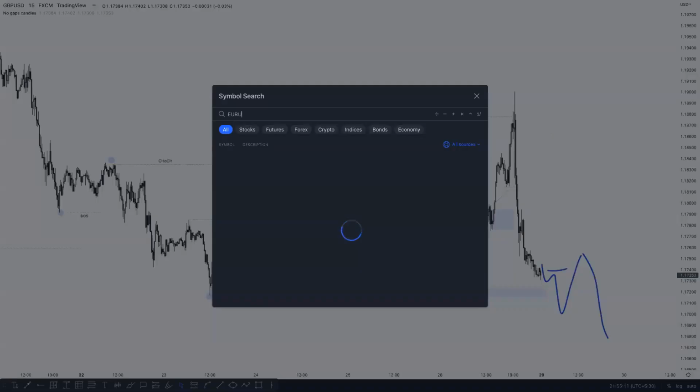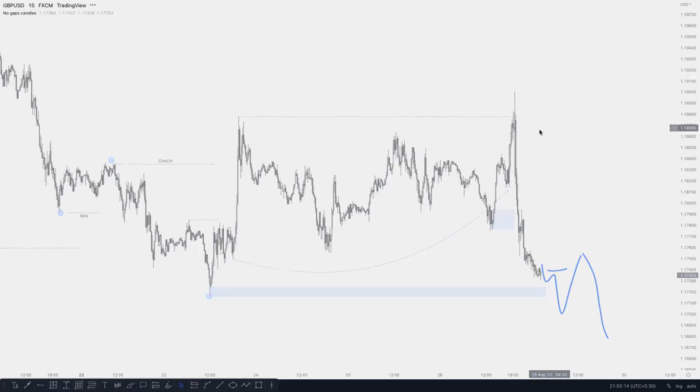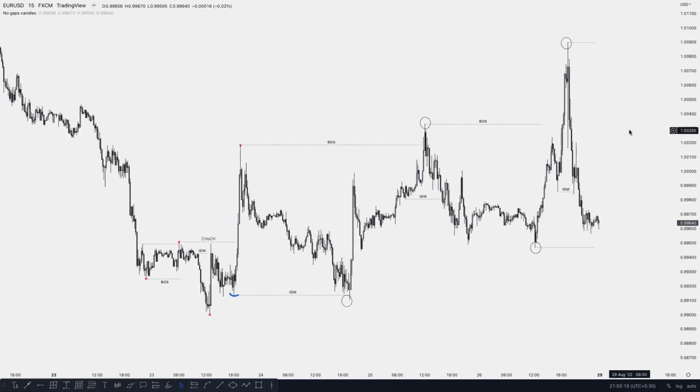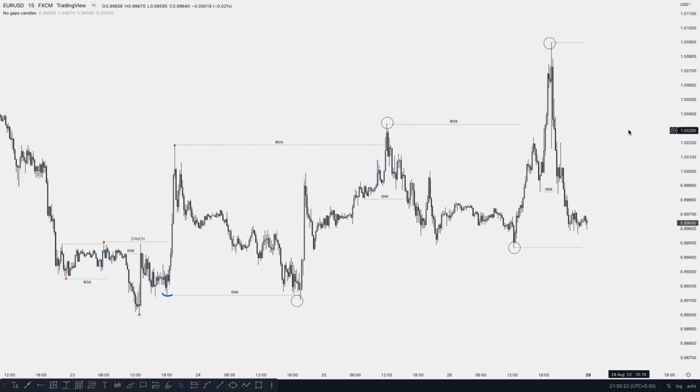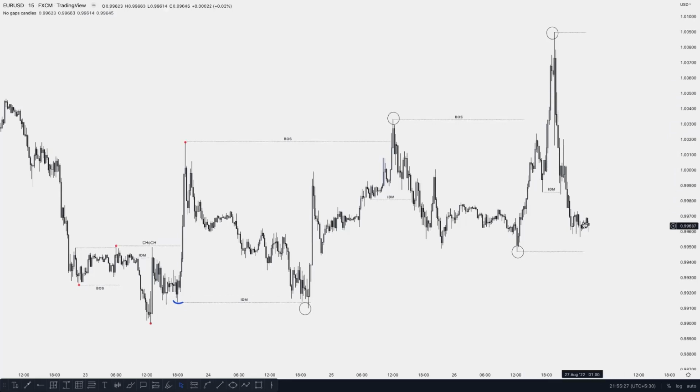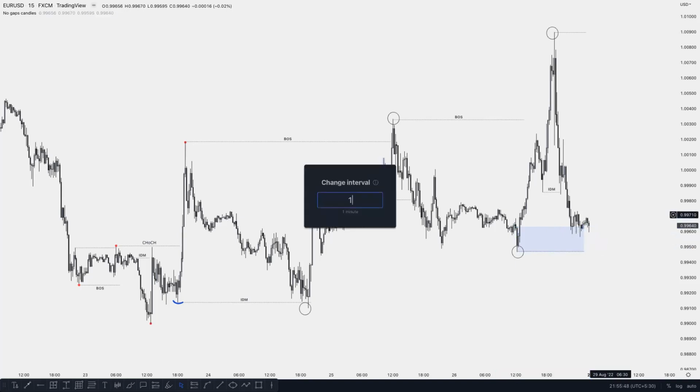Now let's see EURUSD. So this is the EURUSD structure mapping in the 15-minute structure, and the same thing is happening here: inducement, a tap on the POI, and then it goes higher. Right now the market is trading on the POI, which is here. So if there is anything possible in a lower time frame, we can buy. And this is a very large range here. And if I switch here to 1 minute,